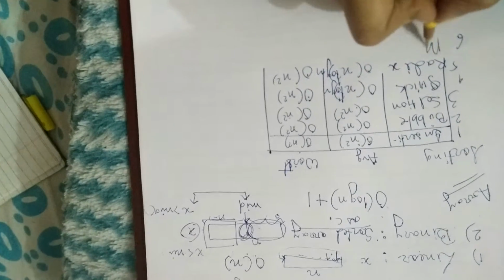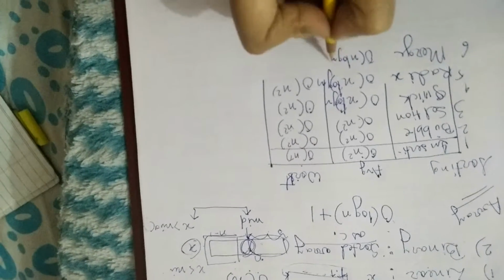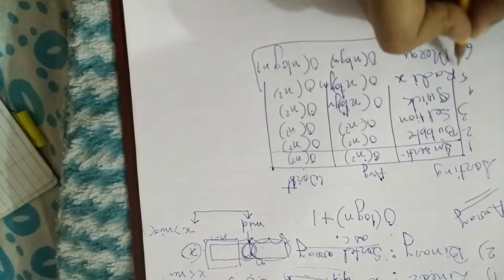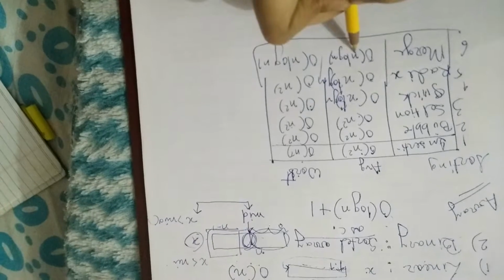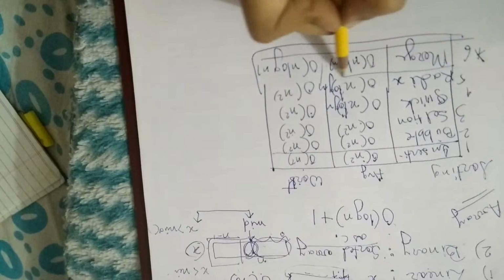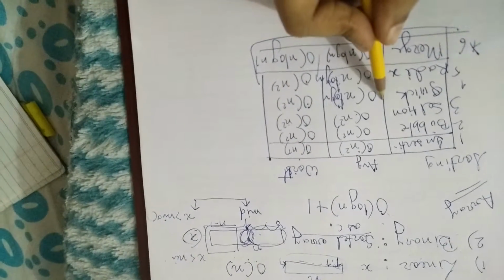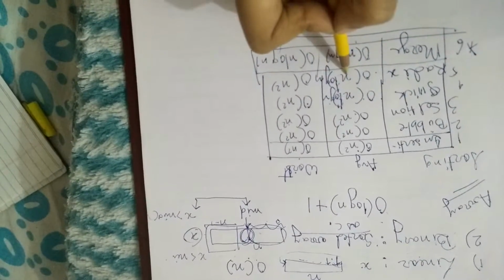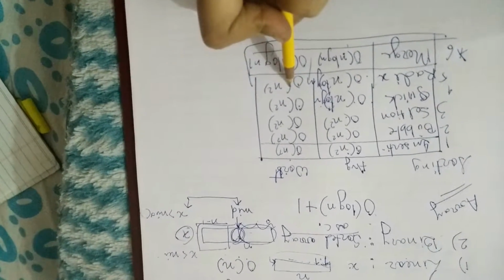The best one is our merge sort, which has average as well as worst case complexity of n log n. You have to remember this table because most of the time the question is asked based on complexity. Remember that merge sort is the best one because the average as well as the worst case complexity is n log n, whereas the average case complexity of quick sort and radix sort is n log n. All the others have complexity of order of n square.